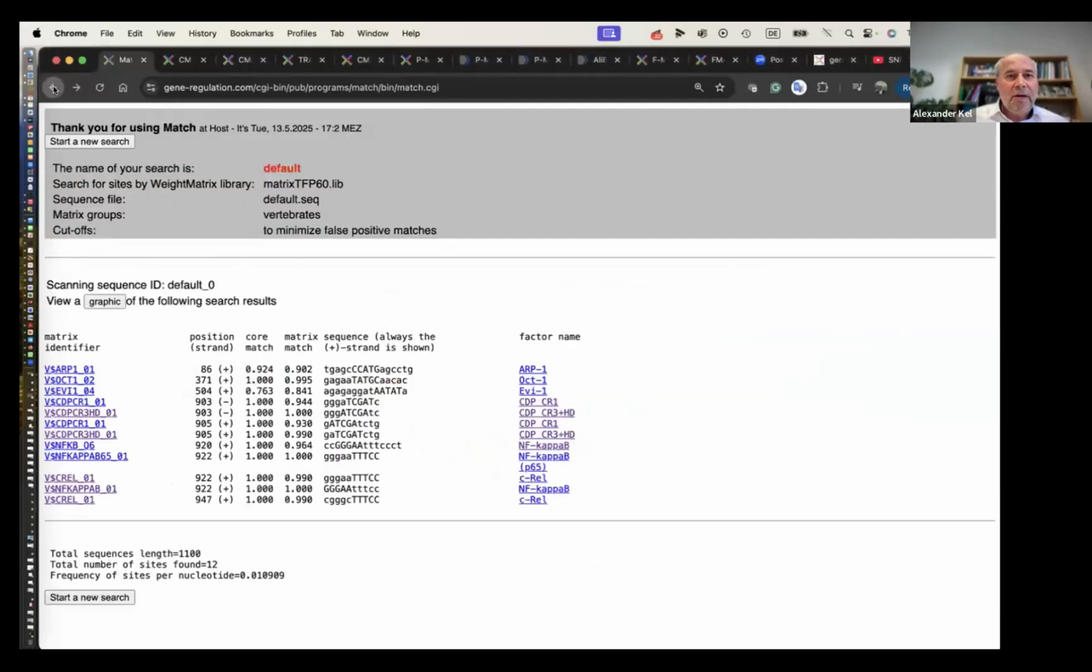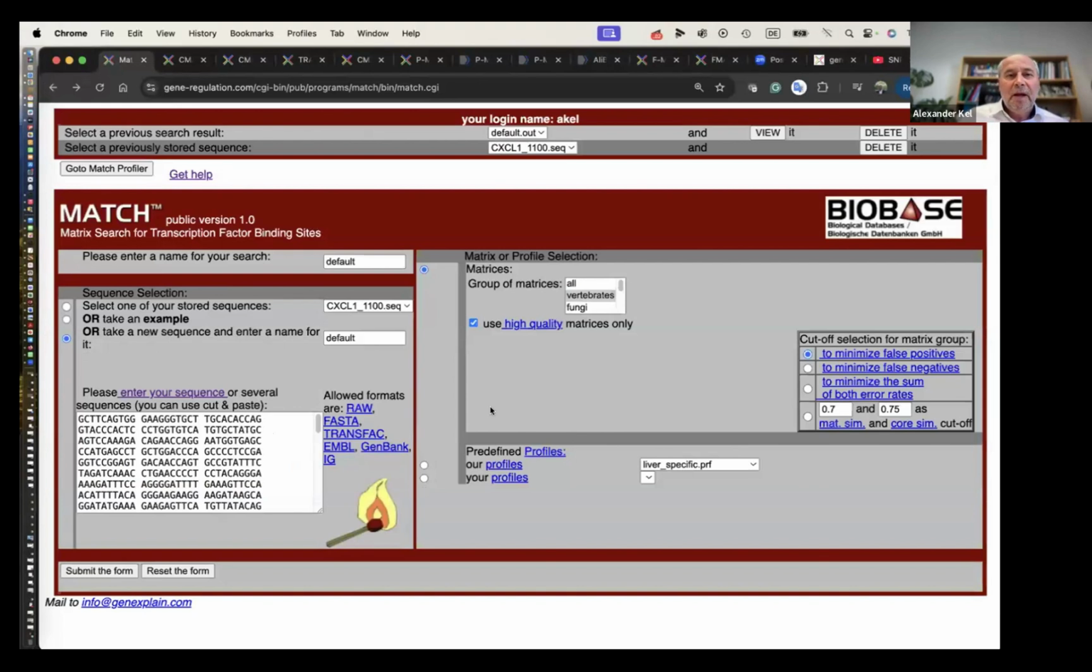So actually, let me return back to this interface. You see here at the left side, we put our sequence. And at the right side, there are several cutoff selections. For instance, here it's clearly saying that the matrix cutoff is 0.7 and the core cutoff is 0.75. So what it means, if we look at this slide again,